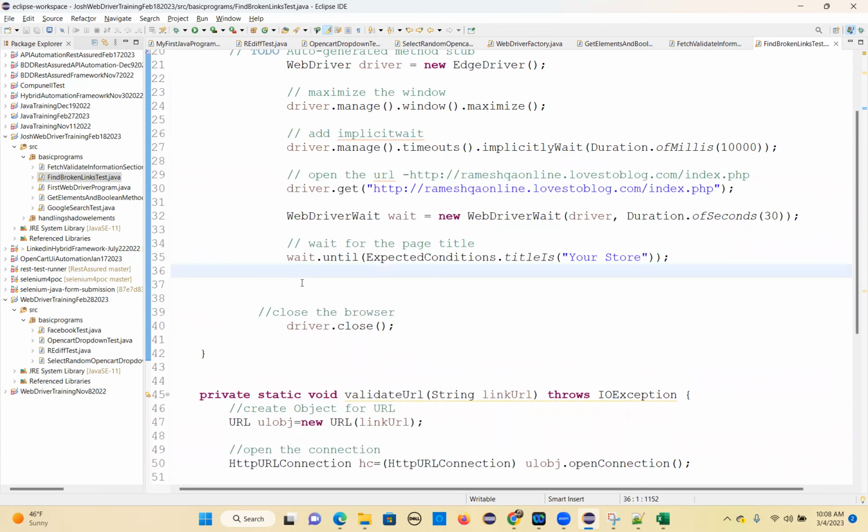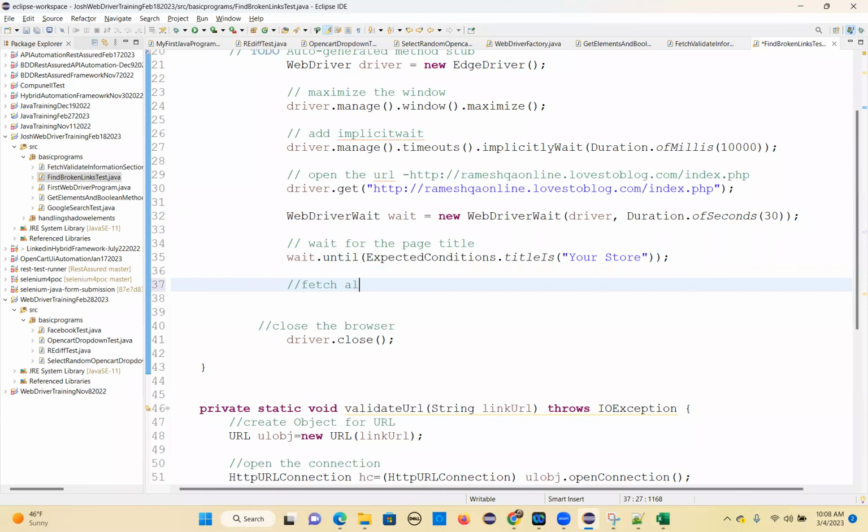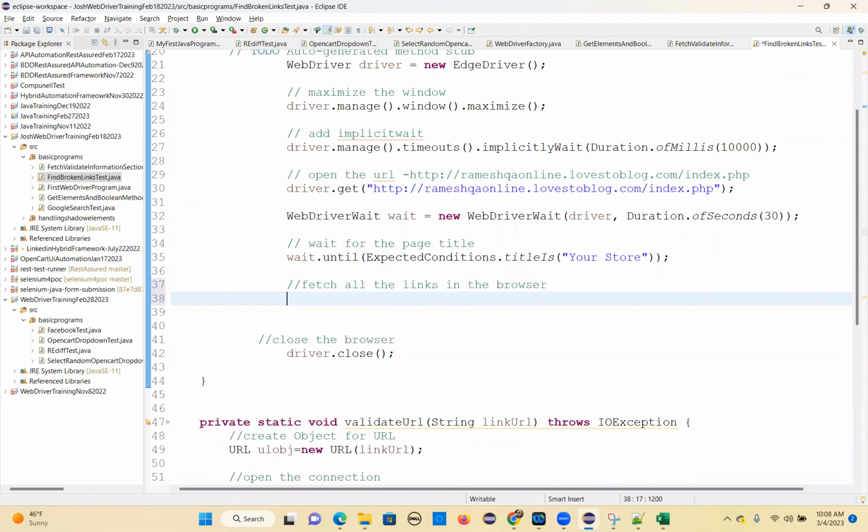First step is to fetch all the links in the browser. How can you fetch all the links in the browser? What is the code? WebElement link... Read all the links. driver dot findElements by tag name of a. But left part you are always missing. List of WebElement. That's a collection. So the link list equals driver dot